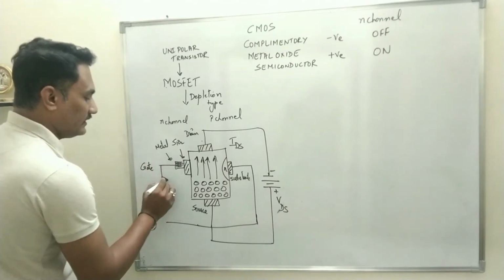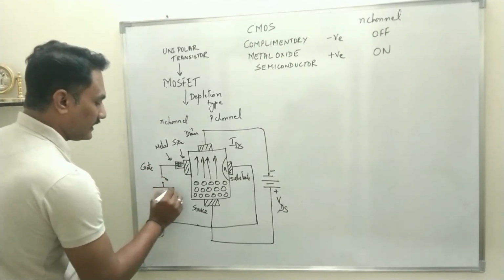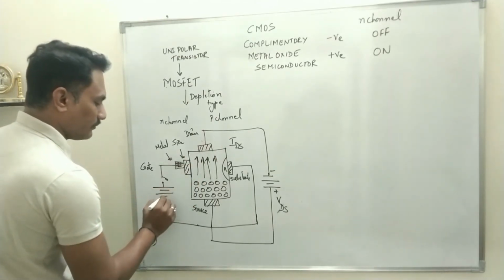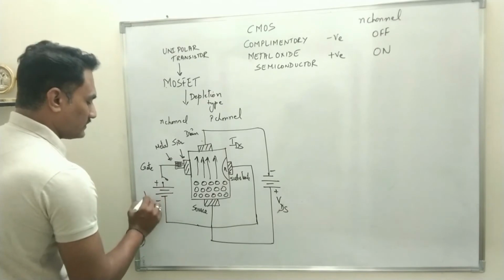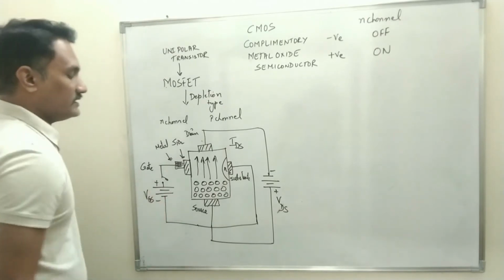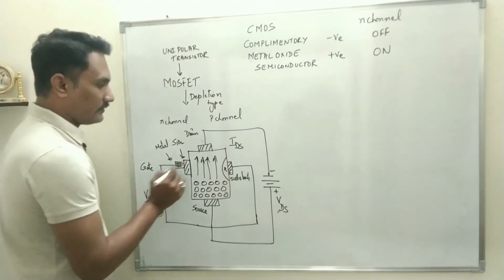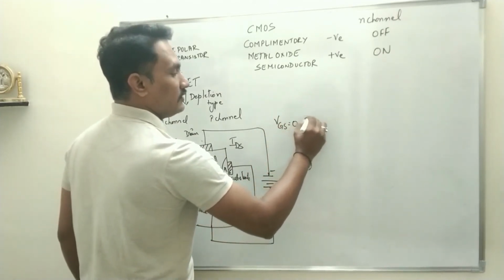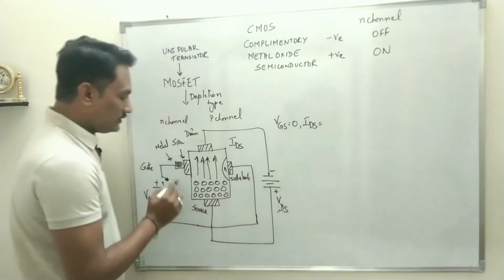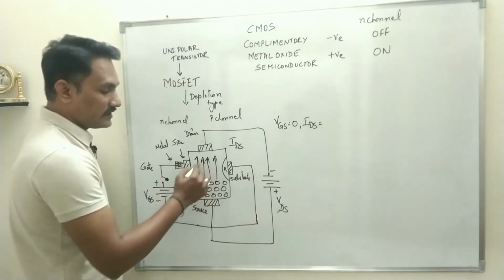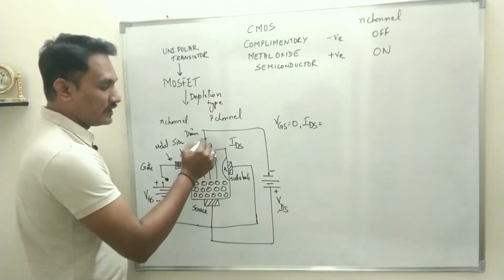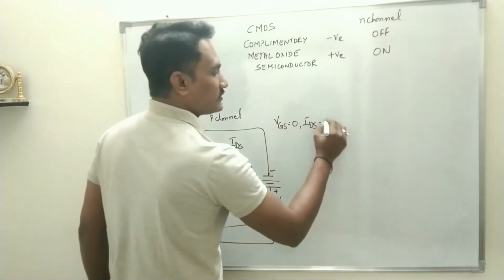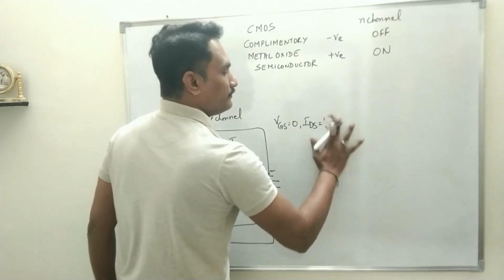So initially, with a switch, we connect the gate terminal to positive. For P channel, let us initially start with positive. So plus minus, this potential is called VGS. So when the switch is open, that means VGS equals 0. When VGS is equal to 0, there is no opposition to the charge carriers flowing from source to drain. All the charge carriers will move from source to drain. That means at this point IDS will be